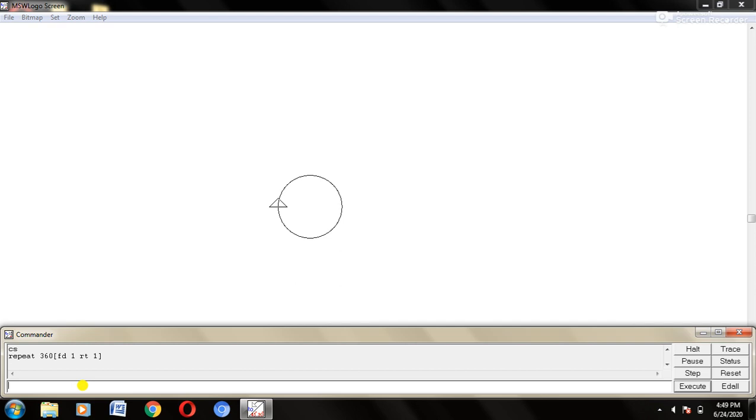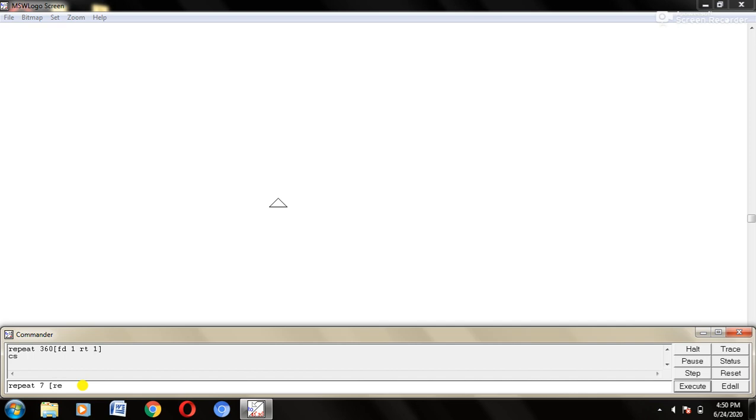This was very simple shapes. And with the repeat command, if I want to create a simple pattern, what can I do? Again I can use the repeat command. It will be something like this: repeat space, which means how many times I want to repeat. That is my choice. I am taking 7. So 7 times I want to repeat. And what do I want to repeat? I want to repeat the steps of the circle.